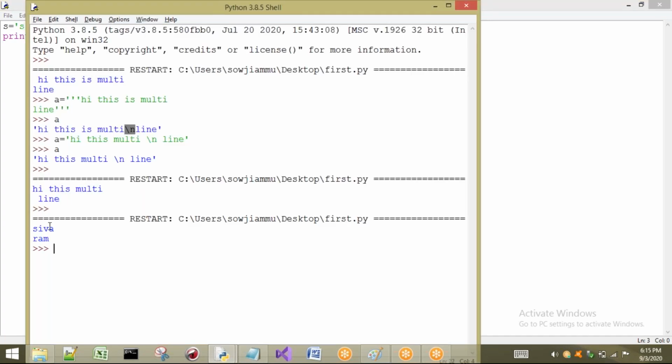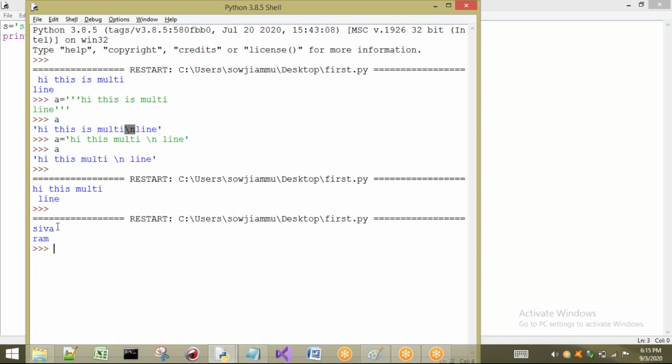I will take one example: s equal to my name. Here I want to print my name. That means I am going to take two separate words in my name, so that I print Shiva in the first line and Rama in the second line. If I store it this way, the output will be Shiva in one line and Rama in another line. What is the reason? Here I am using \n. \n indicates a line feed, or we can consider it as a new line. It will go to a new line. So see the output, it goes to a new line.